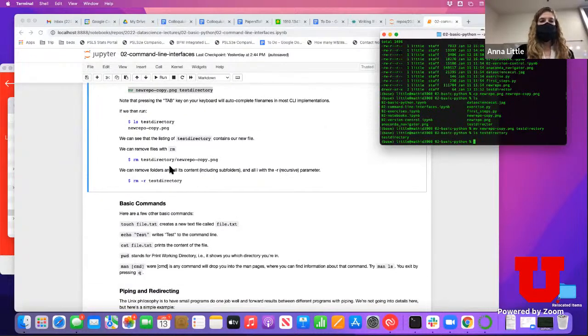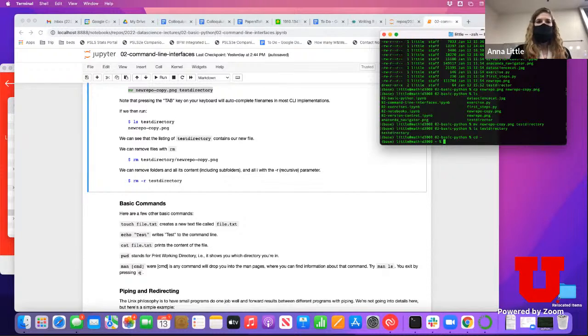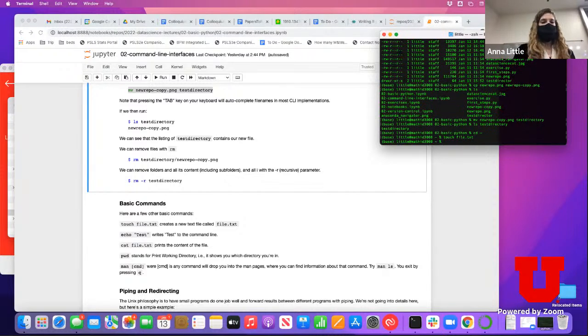A couple other commands that may be helpful. I think I'm going to go just to my home folder now. If you do touch file.txt, that will just create a new file called file, a text file. It's empty, but it just makes an empty text file. And you can also use the echo command to essentially print words to the screen. So I can,